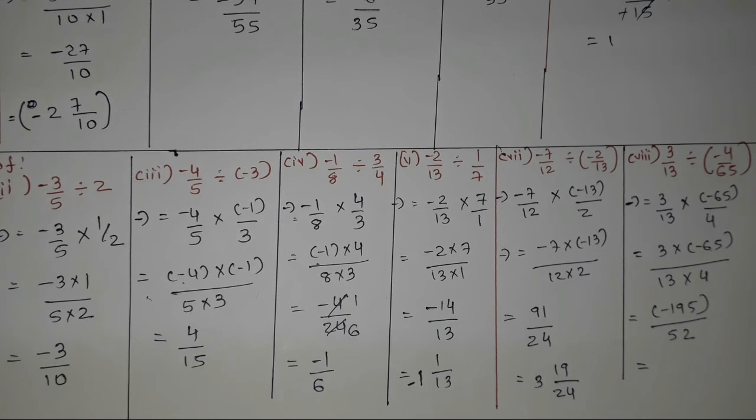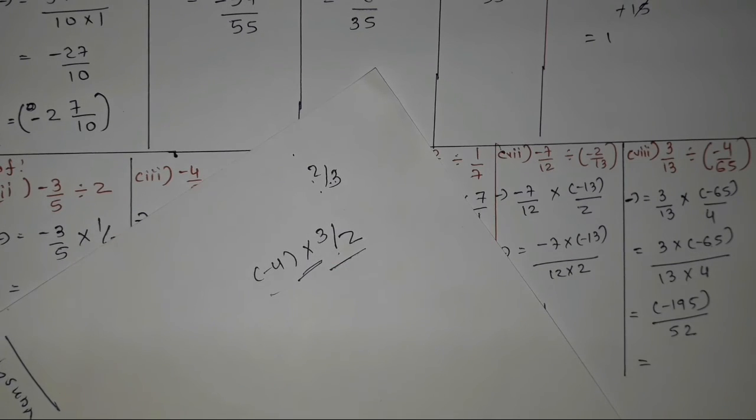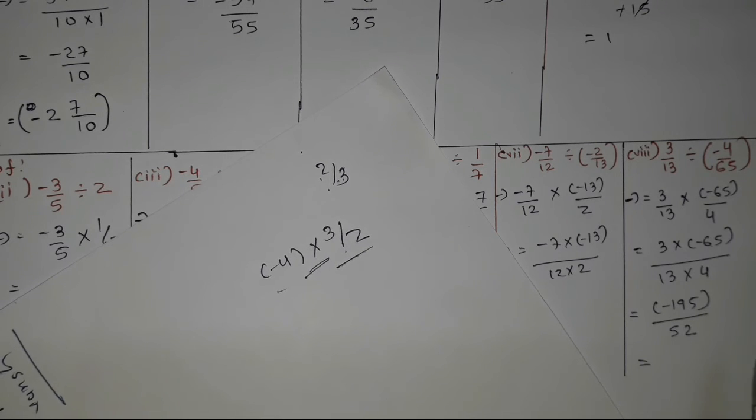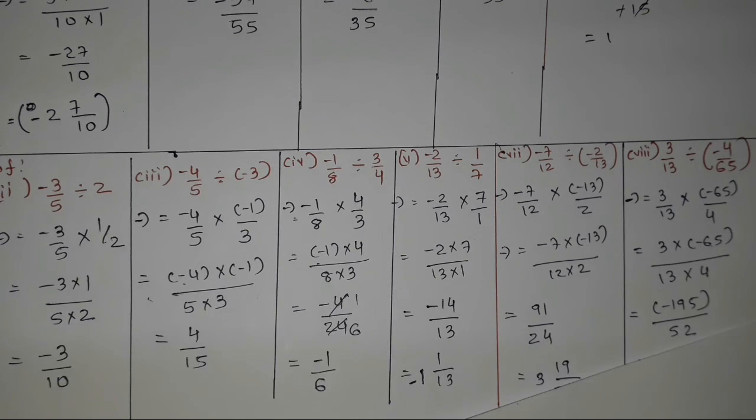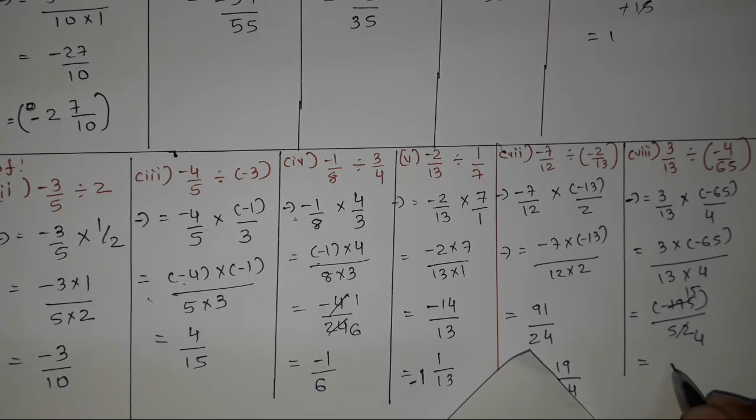So at last 5 and 2 is there, so does that mean both are divisible by 3? So 195 divided by 3, if you do that, you will not get the solution with 3. Just now we have done in one question that 13 multiplied by 15, we got 195. So 13 fifteens are 195 and 13 fours are 52. So here I can write this as minus 15 upon 4.